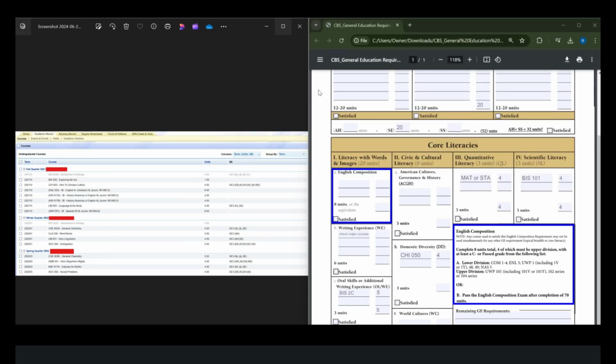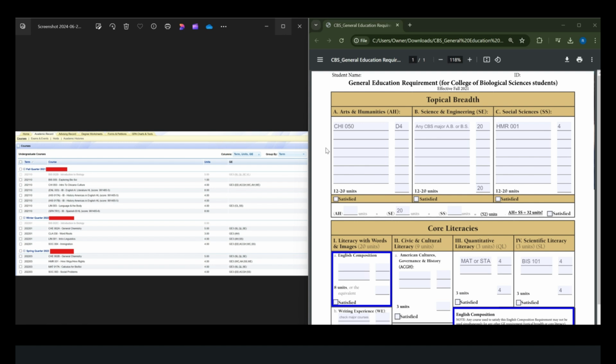An important thing when you're filling out your GE form is that when you're looking for a course that fulfills more than one section of the requirements, for example the topical breadth and the core literacies, it can only fill up one box from each part. So what I mean by that is, for example, if you're looking at a class, in this case we can take a look at this class here,